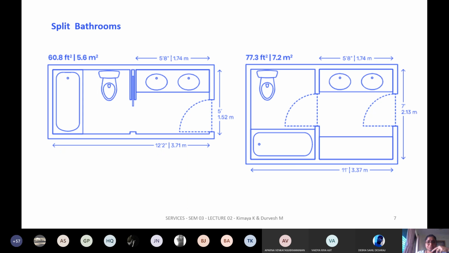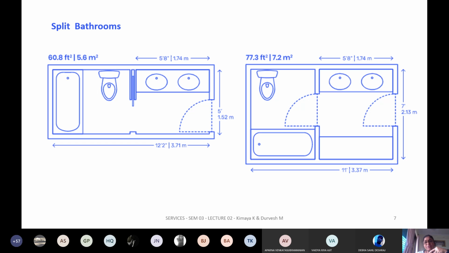These are your split bathrooms. Split bathrooms are nothing but you can actually have a partition between the two, which clearly demarcates the space. So the left hand side has a sliding door next to the two wash basins, and then you have the pot and the bath area, so that you can actually close it, and only the wash basin is being used. So you can actually divide the space.